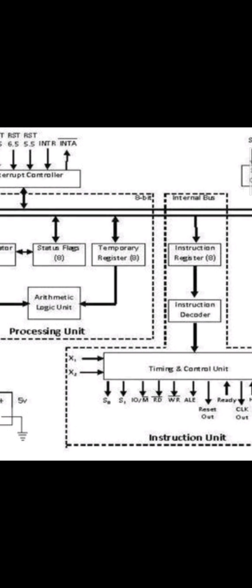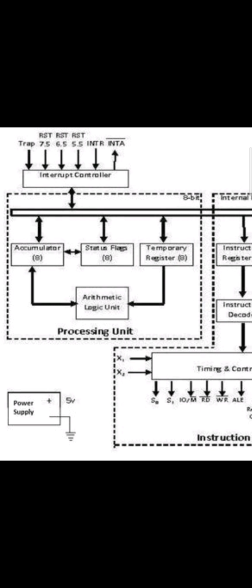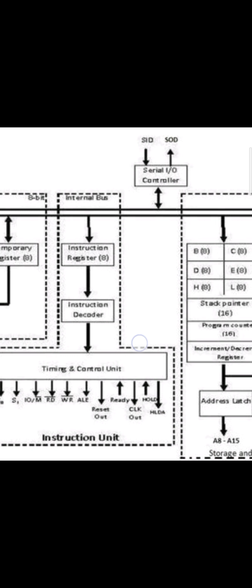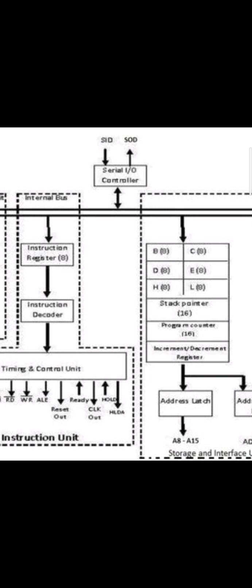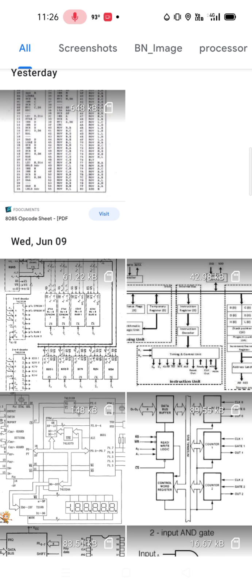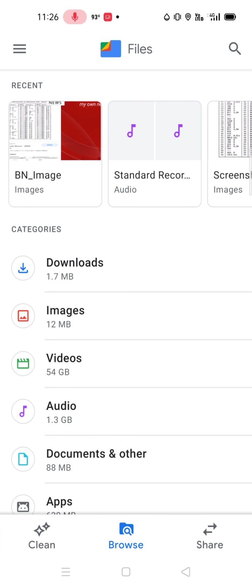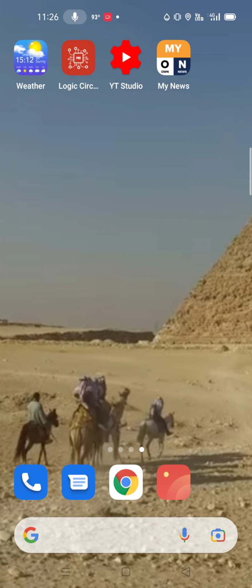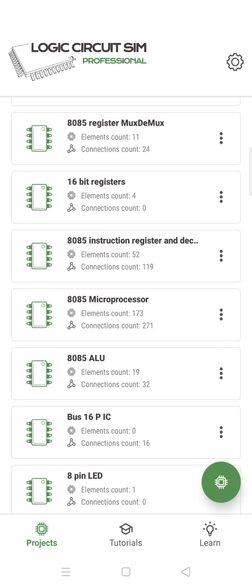Now we are done with most of the things, I/O control. I'll show you I/O later, but basic things are done here. So far we have seen all the registers and other things. Let's go back. So now we have basically done all the control circuitry. Now we have to see what an arithmetic and logic unit does.